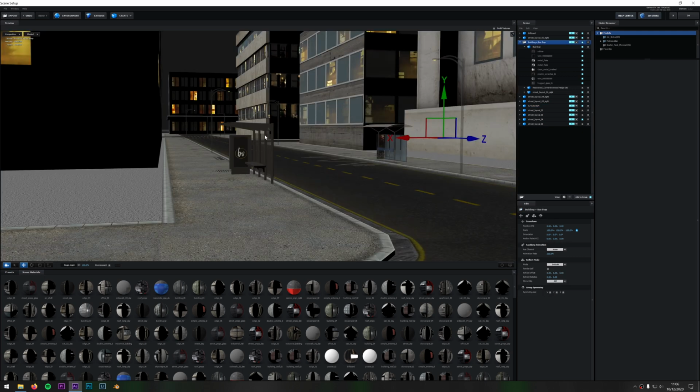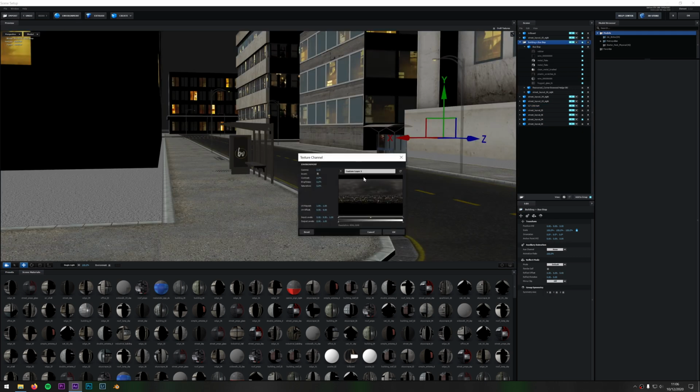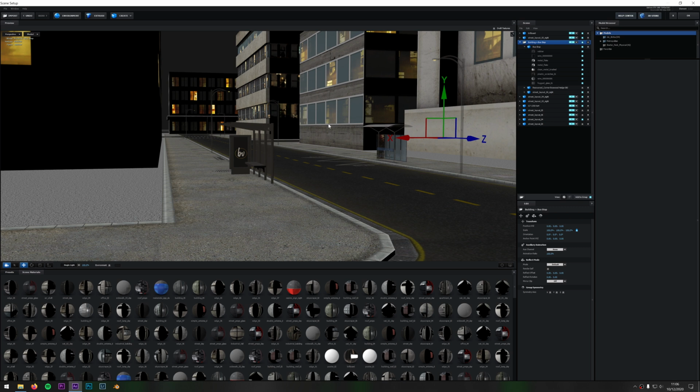Okay. The other thing to add to this is if you go to environment, I've got this in here, which is custom layer 1, and I'll show you how you get that in there, which is the night sky background that you just saw a moment ago. Alright, so that's the picture that you saw in the composition, and I'll show you how you load that into there. Okay, so that's all there is with this. That's just the scene setup itself.